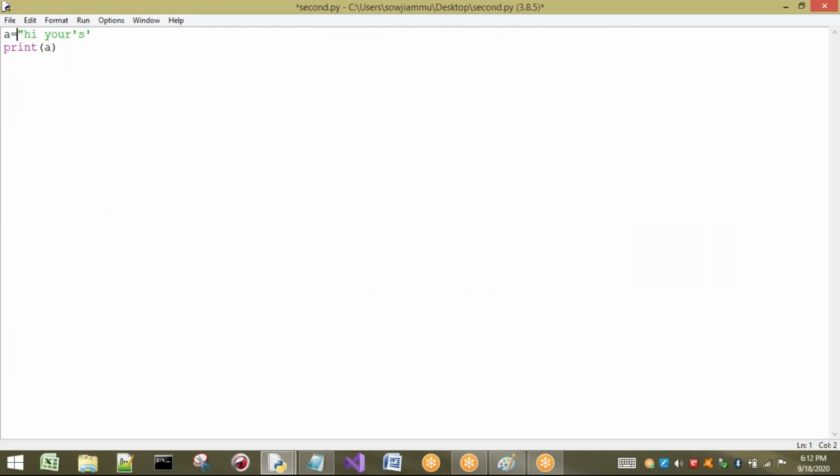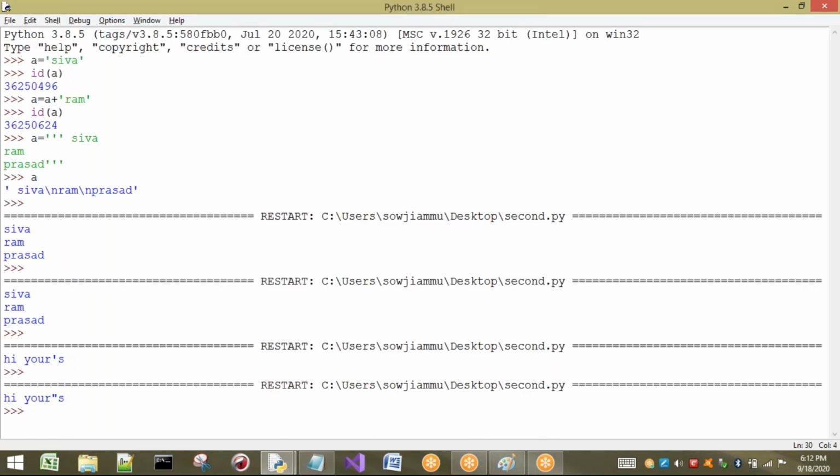If you try to take it in single quotes, what happens? We are going to get an invalid syntax. Now, if I want to print double quotes inside a string, then what do I have to take? Sorry, here I have to take single quotes. So what is it going to print? It is going to print double quotes in the string.